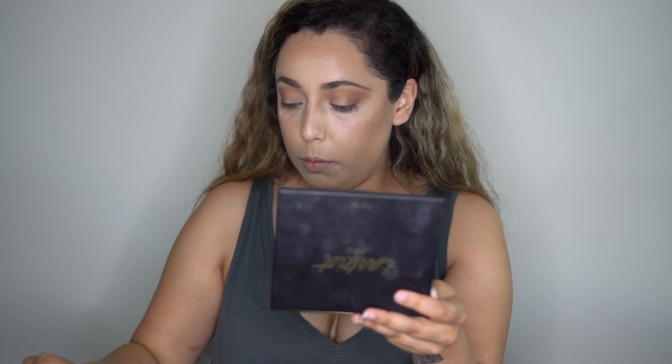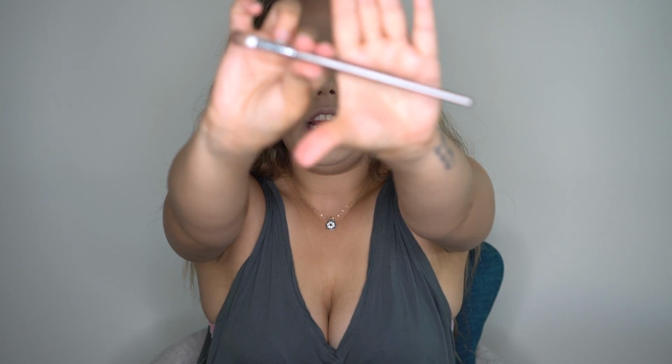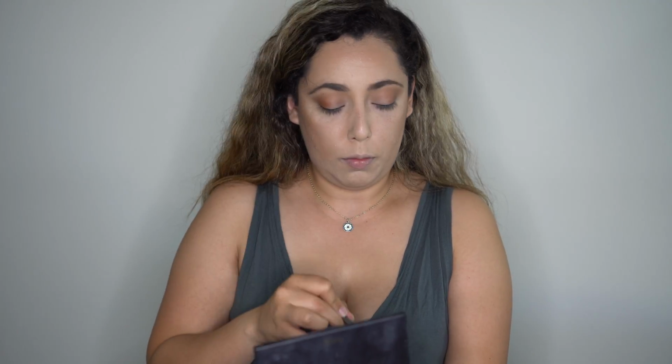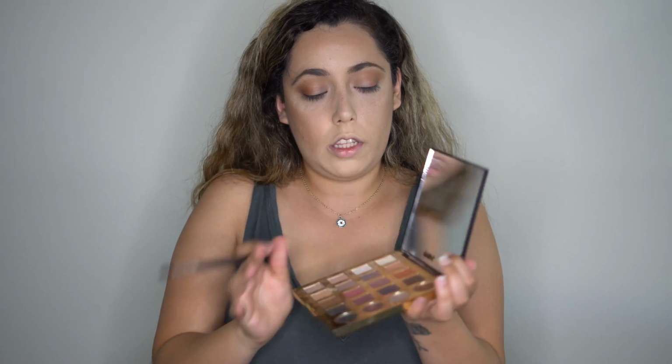Now that I'm done with the transition color and the crease color, I'm gonna go in to put in some glitter inside of my eye. So I'm gonna use this brush right here from Sephora. I got it as a pack when I first started doing makeup, but I've liked these brushes because they've lasted me a while now, and the payoff was really good. I have no complaints with them, even though it's a Sephora brand and it's not the best rated, but they are really, really good. So I'm gonna go in with Glam